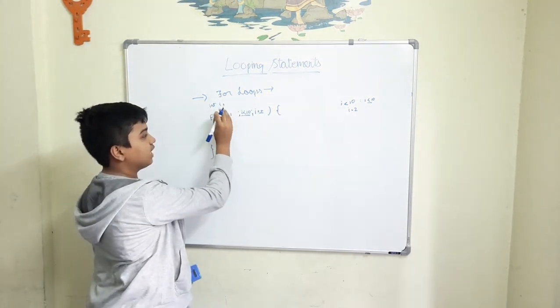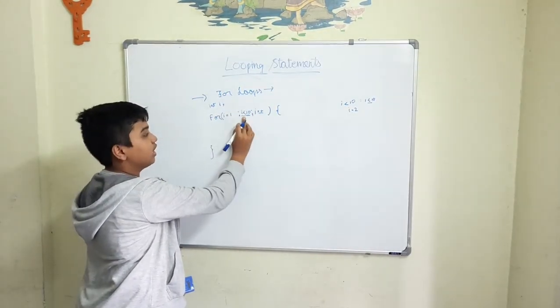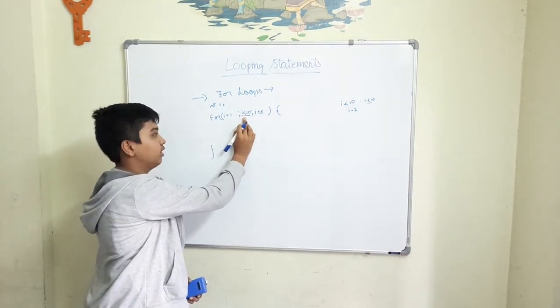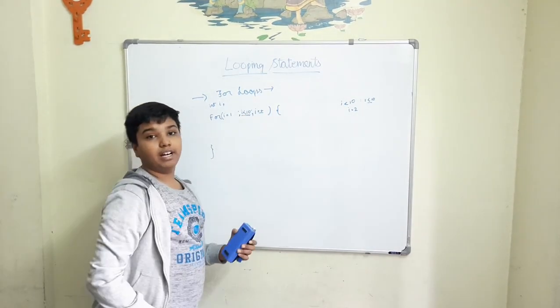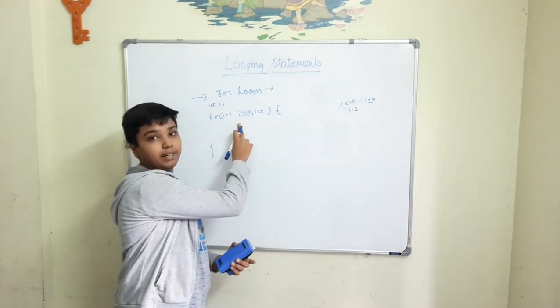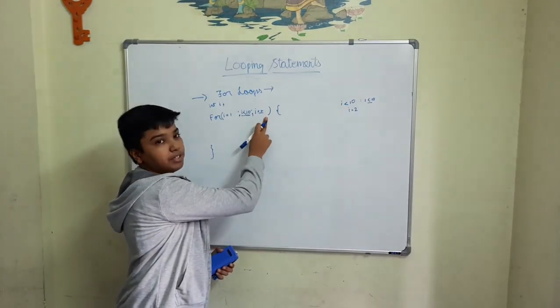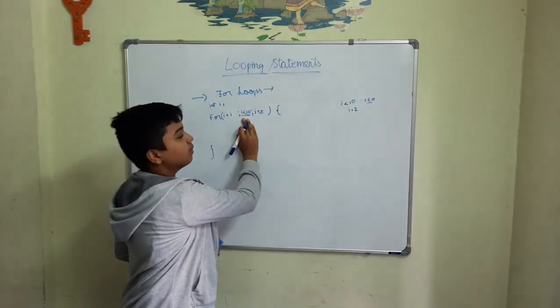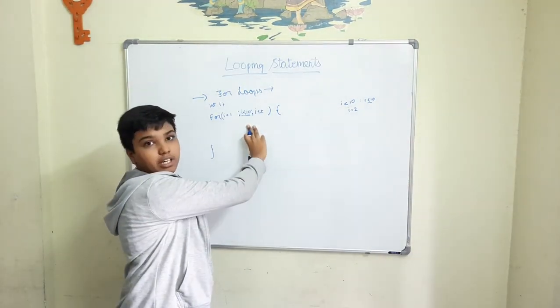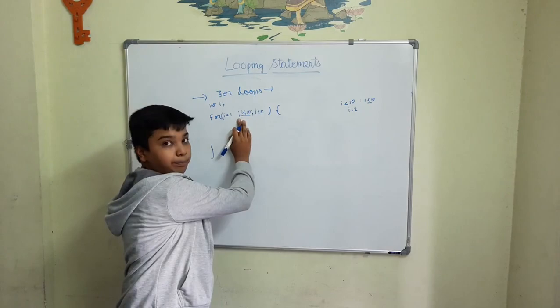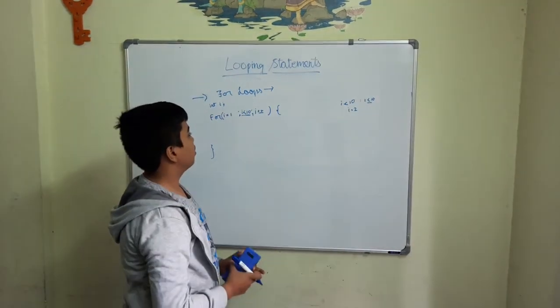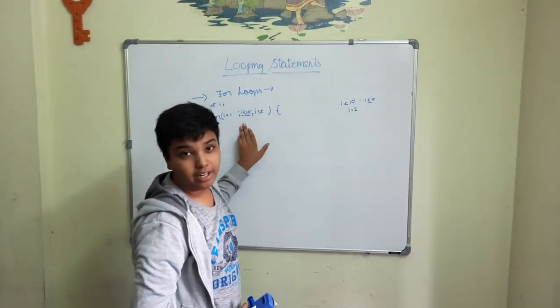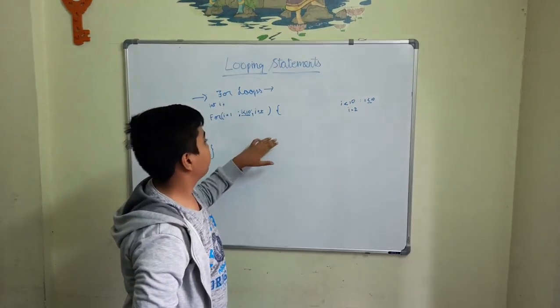Now this time it doesn't take the initialization. It takes this condition only. Directly it goes to the condition. I is less than 10. Now I value is 2. So 2 is less than 10. That is true. It increments to 3 and it iterates again. So until I becomes greater than or equal to 10, it keeps on iterating. So until I value is 10, it keeps on iterating.